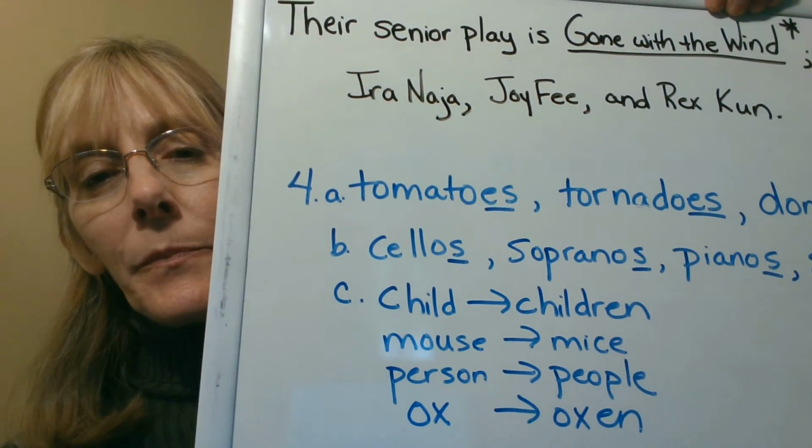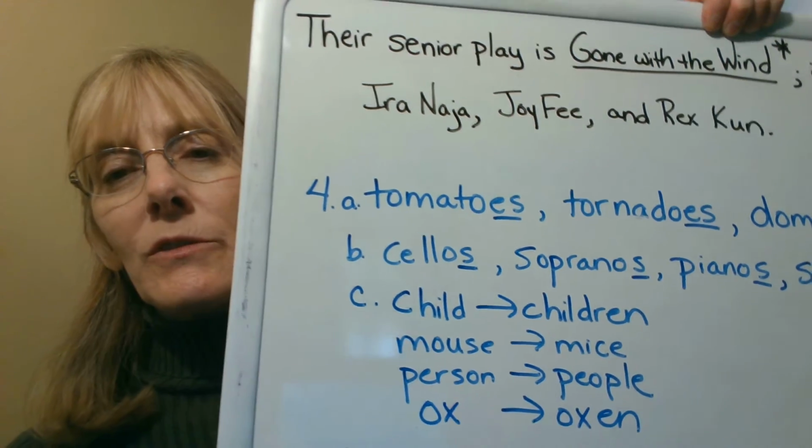Write an example of a noun that changes form. Okay, this would be things like child becomes children in its plural. Mouse doesn't become mouses, it becomes mice. What else do we have? We have person. Person generally becomes people, although technically persons can also be used. But the plural of person is people. And then something like ox. You have one ox, you have two oxen. So I have those listed. You can pick one of those or come up with one of your own. So those are words that change form.